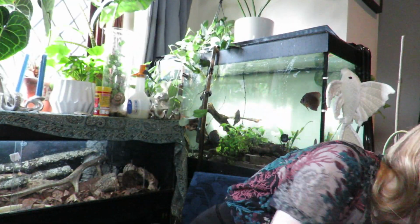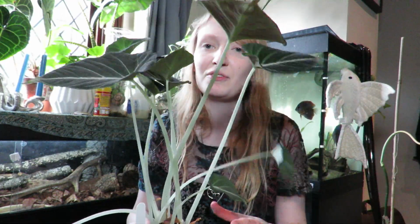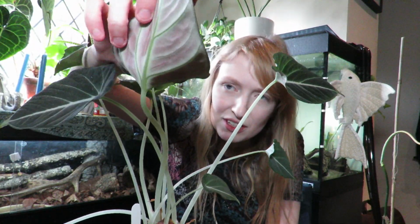So next one is, you can kind of tell I did go through a little bit of an alocasia phase. So this is Alocasia black velvet, of course low light situation, and it's growing up, but not very condensed large leaves, just up, and I'm not really the biggest fan of it, to be honest. I do prefer dragon scale, and I would like dragon scale. But you can see it's got a pink blush there, and I got that from RHS Wisley